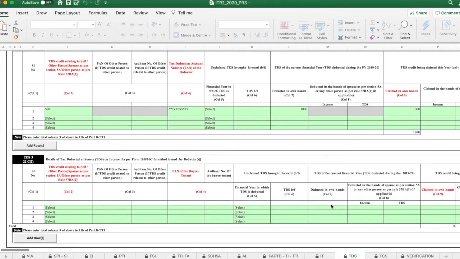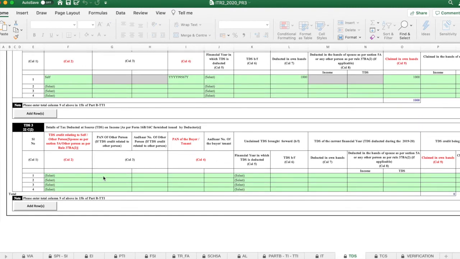The next is TDS3. Here, when you sell a property, you have to pay 1% of the total amount as TDS. Usually the buyer will take your PAN details, and they will pay the tax, and only the remaining amount will be credited to your account. In this scenario, we got 10 lakh as the sold price for 1 cent, and 1% means 10,000 will be deducted and paid for the tax.